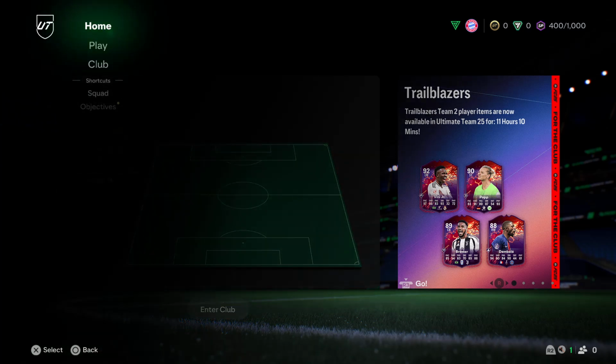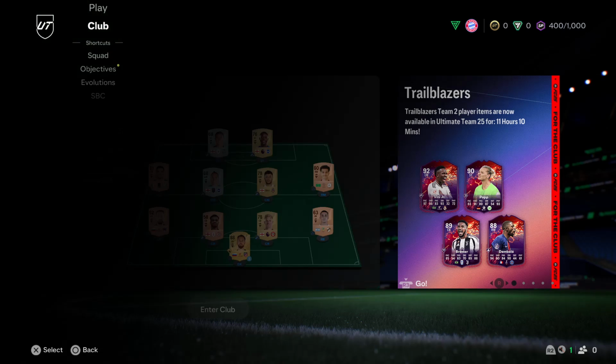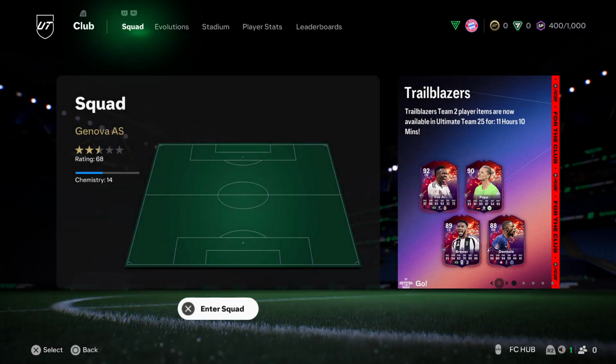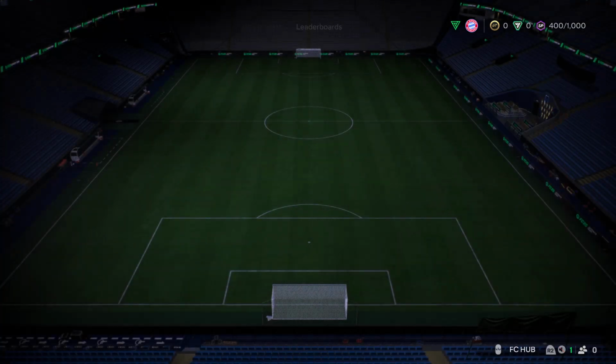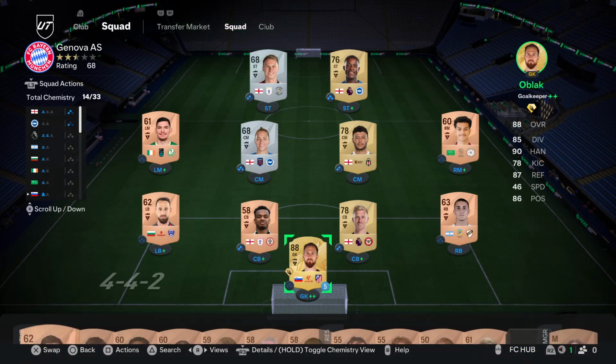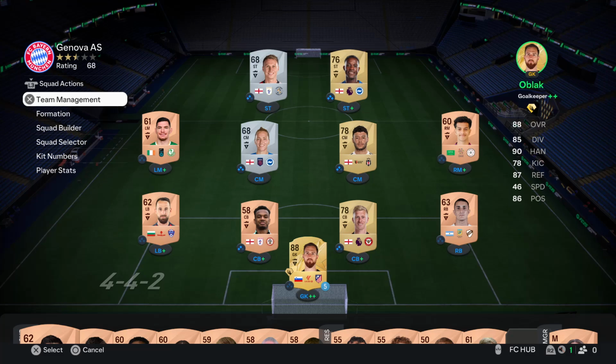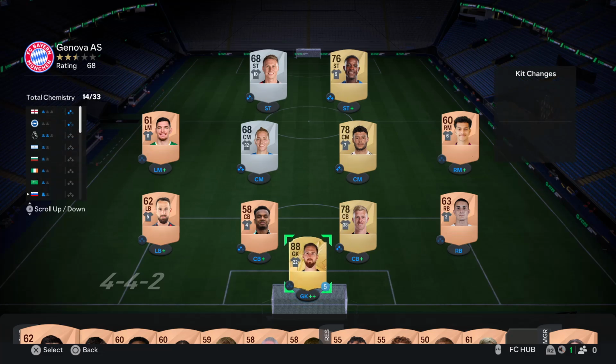Press the L2 button and select club, and then select enter squad. Now from here you have to press the L3 button. So the L3 button on the controller is just press in the left analog stick. That's the L3 button. So from the options that appear, scroll down and find kit numbers, select that, then choose